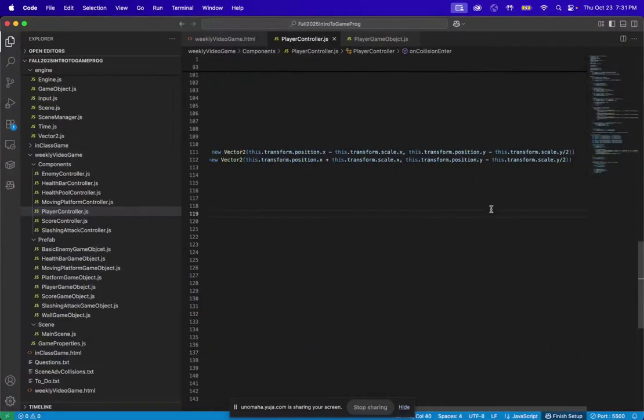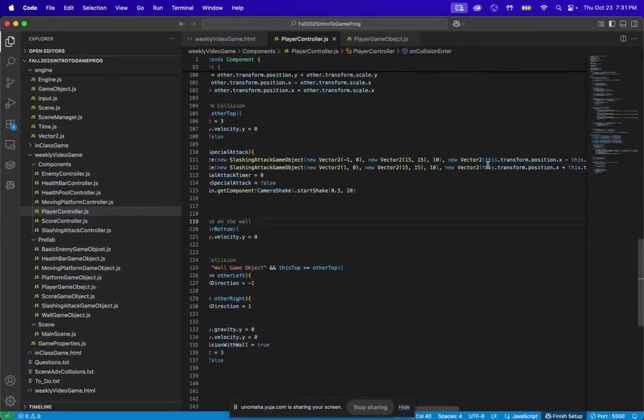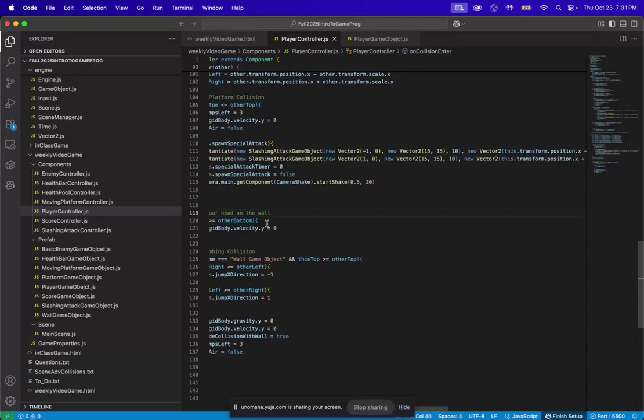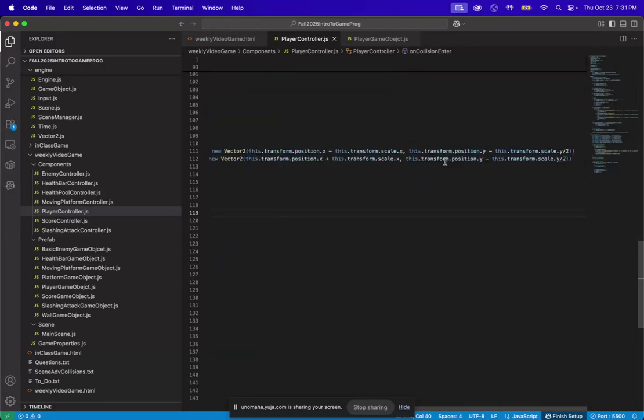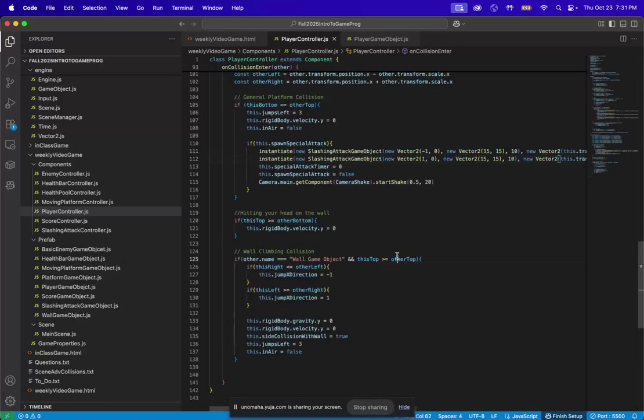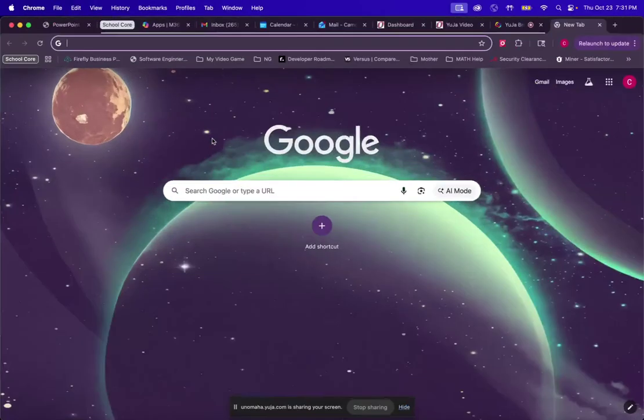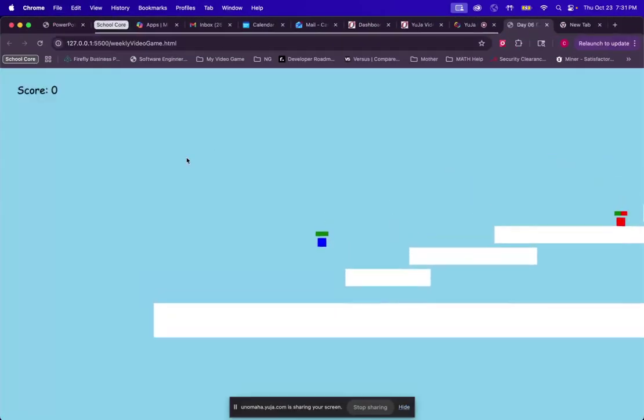So you see them spawning, but they spawn kind of weird. And that is because, again, the main issue we have is that it is spawning in a place where it automatically gets destroyed because we're in collision with the platform. So what I would do is I would just remove this divided by 2, just to make sure that there is an ample amount of room. So now if we jump up,